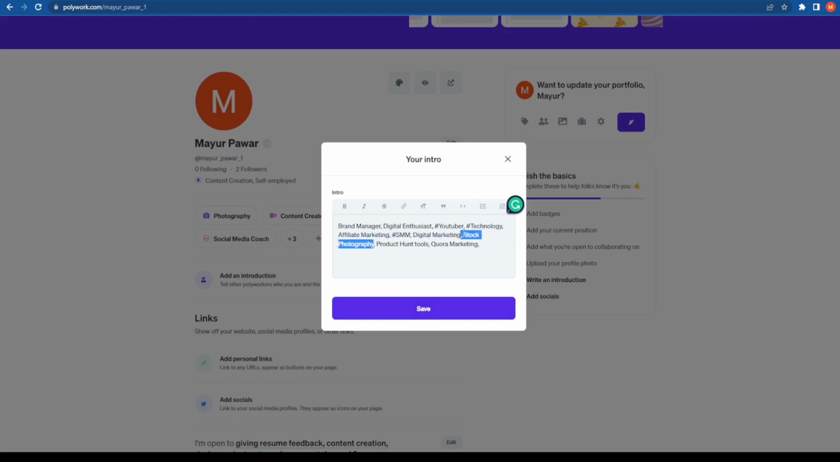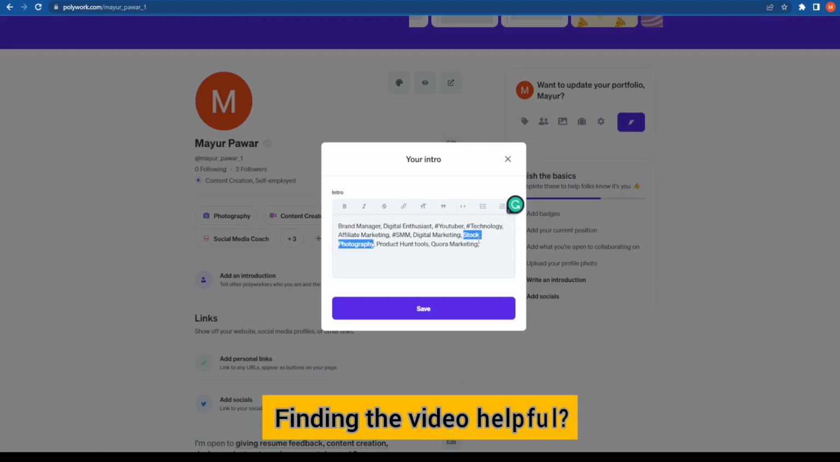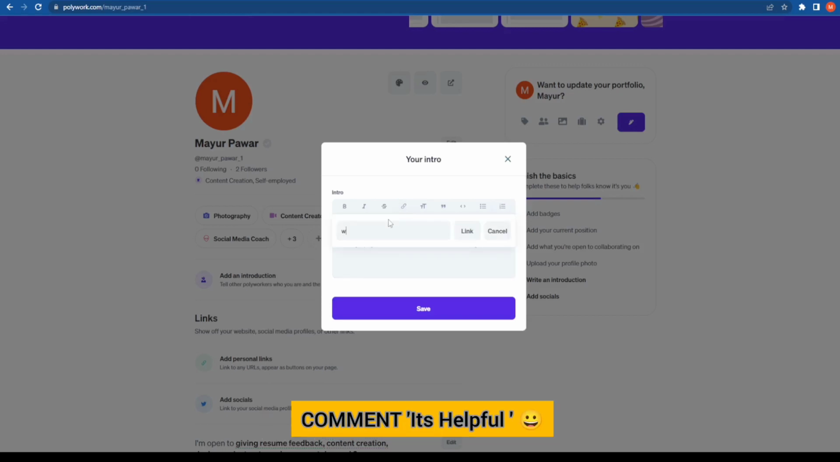You can also hyperlink the text over here, for example, if you want to show which exactly is your portfolio. For now, I'm just going to hyperlink this to